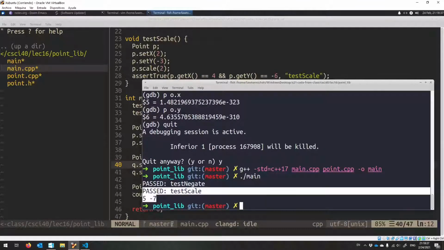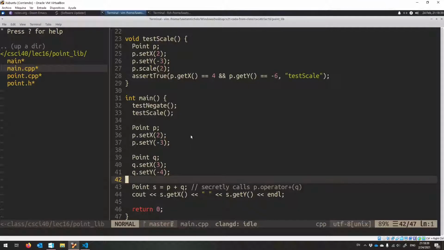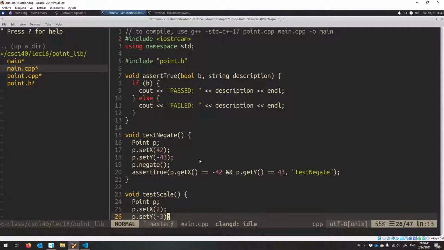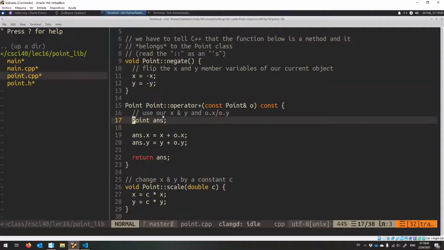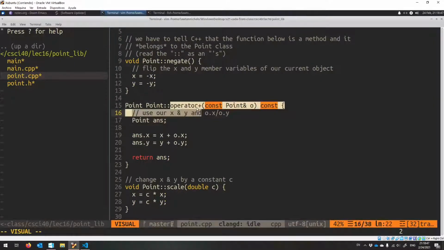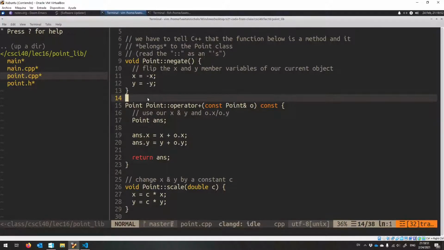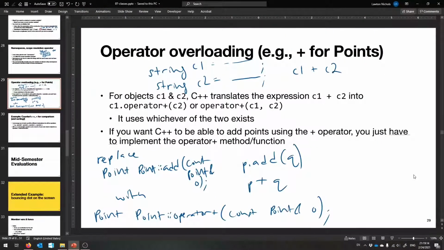Much better. Okay, so I'm happy with that, and that is operator plus. So you could have done it also outside of the class. You could have done it out here. You could have just called it operator plus and not having belonged to the point class. That's totally fine. So if I don't go and implement that at least, let me show you how to declare